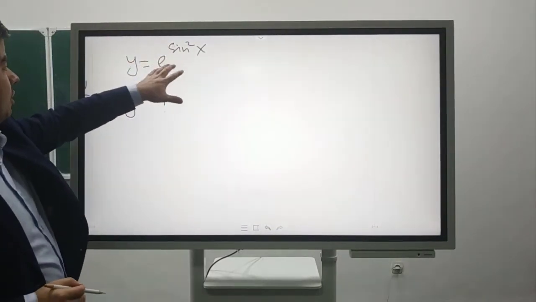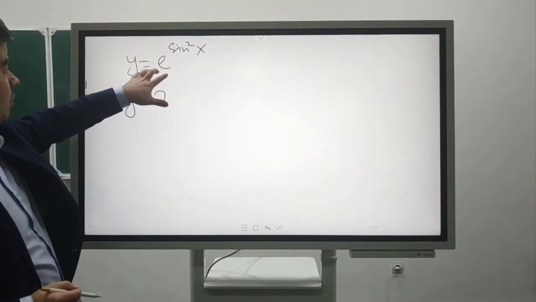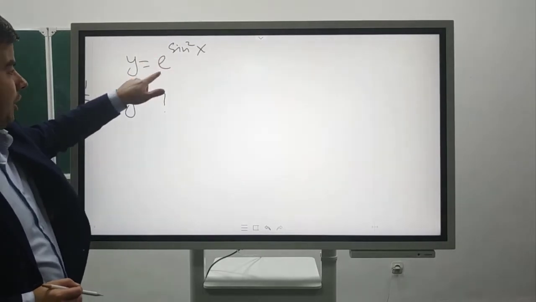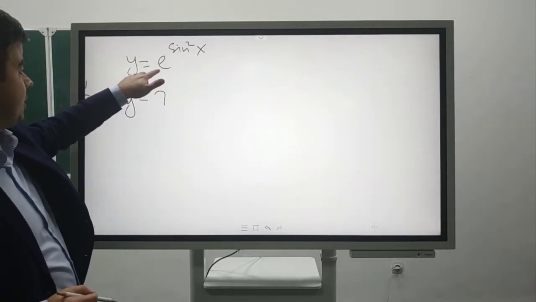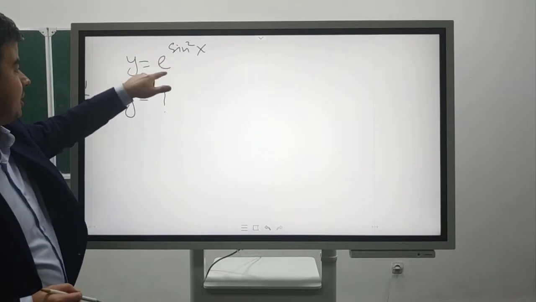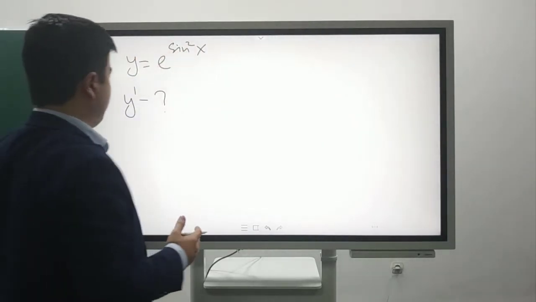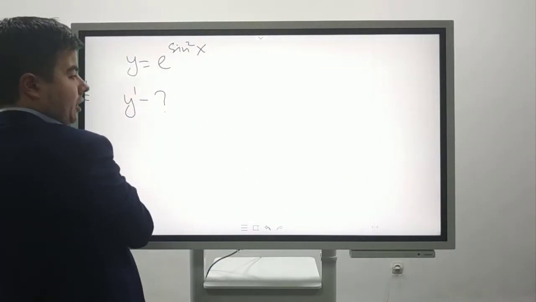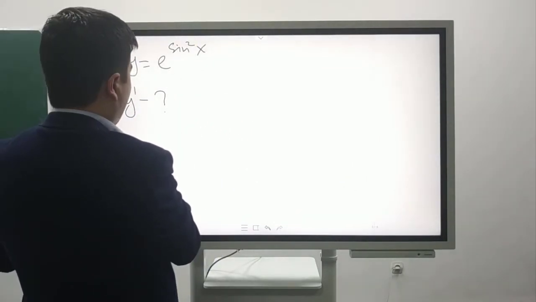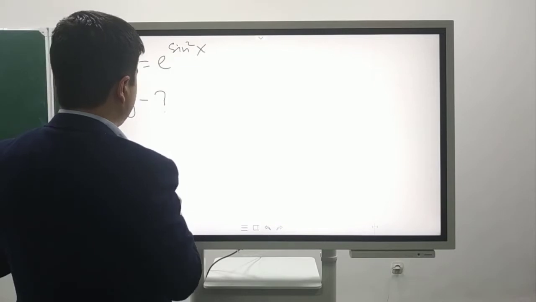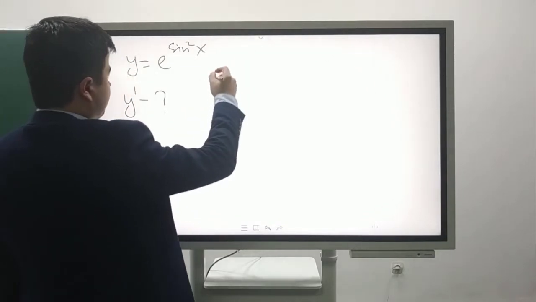Let's consider this function. Also, we have a composition of two functions. The first function is e to the power of x, the second function is sine squared x. So now we can use again the formula for the derivative of the composition of two functions, and we get